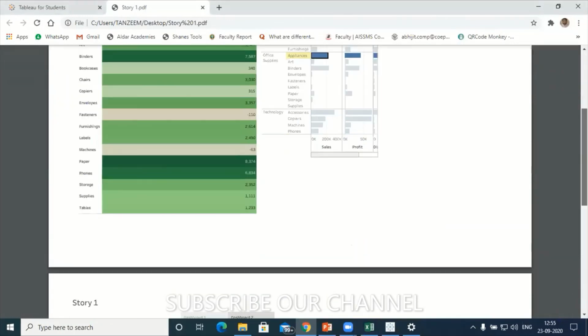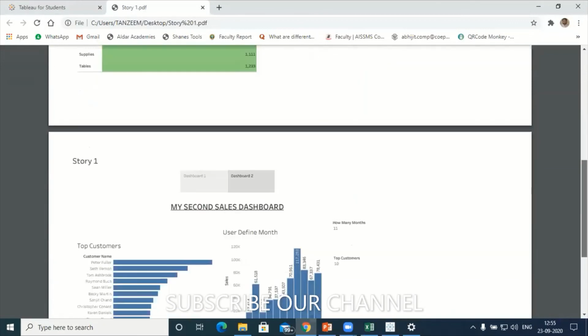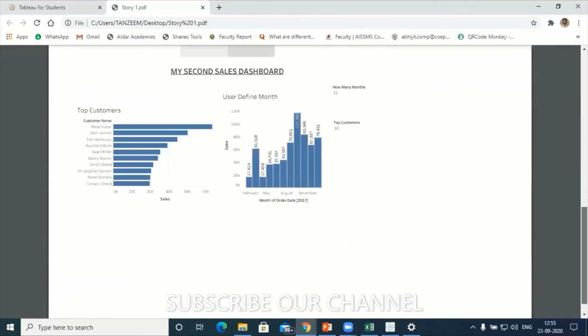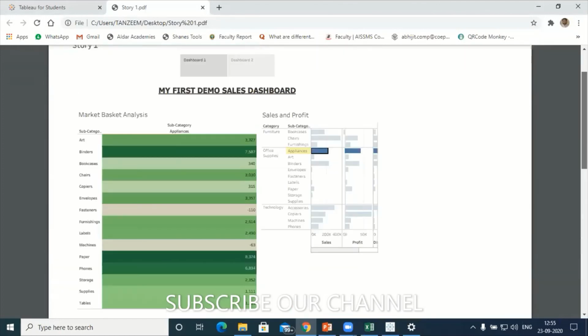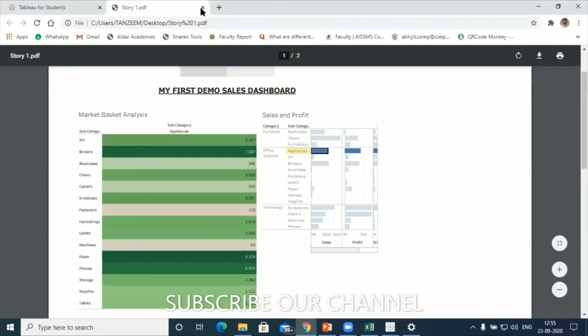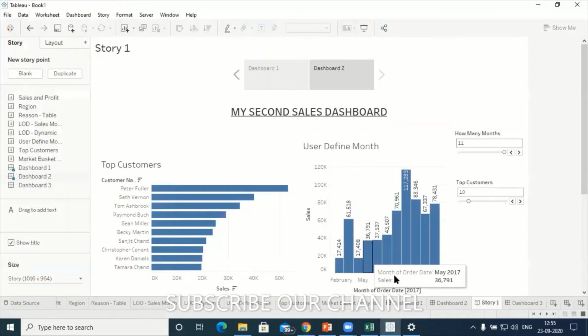Since I'm running out of time, I was not able to align the sheet. This sheet you can forward to the manager, or you can take it to the next level in the meetings. This is one option we have. In the same way, I can save even Tableau also. I can save this in Tableau.